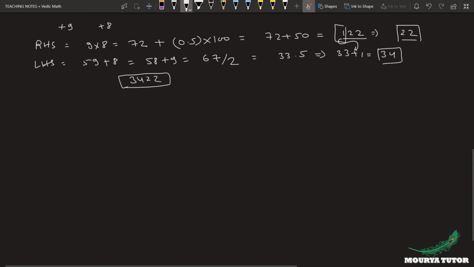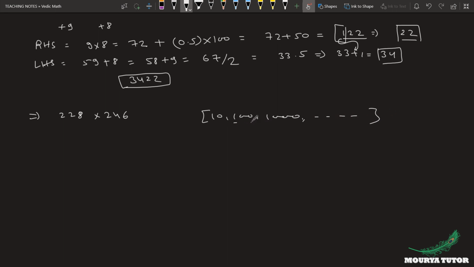Let's have some more examples. Now let us multiply 228 and 246. If we multiply these two numbers, what will be the working base for this case? You can take 100 also, you can take this also. If you take the actual base 100, then what you need to do,